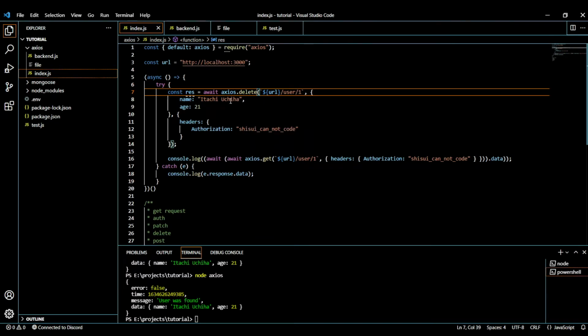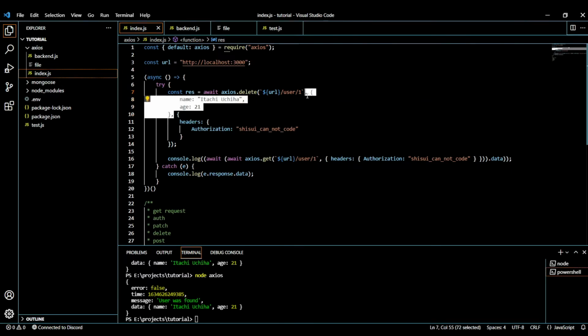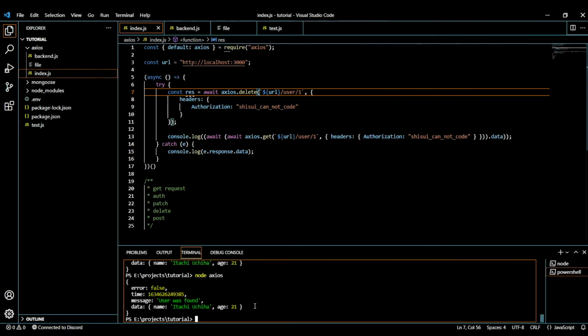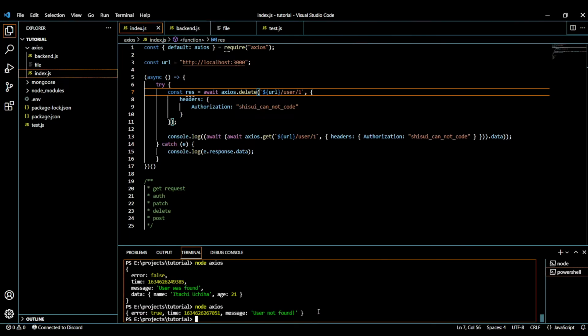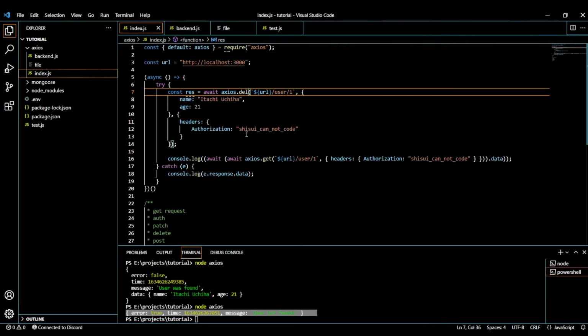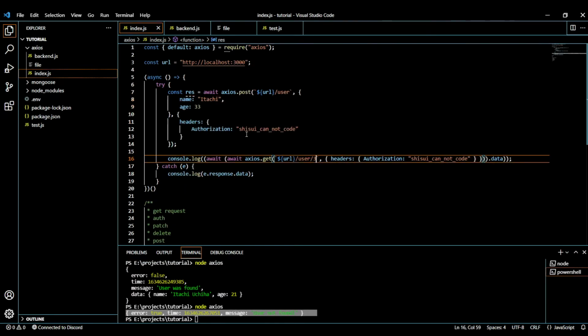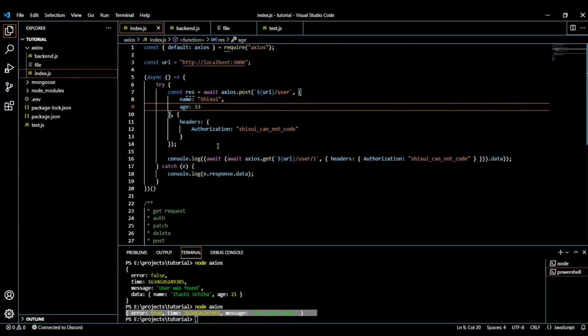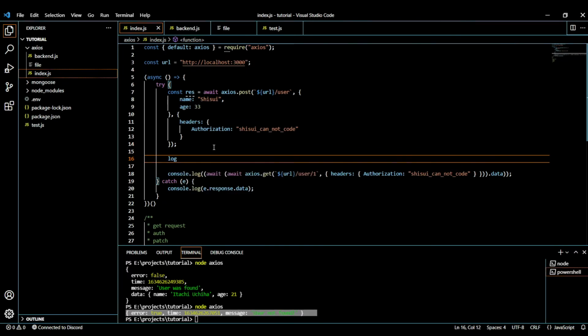Later on. But before, I will make this little delete request. Delete requests are of course to delete things, and you can do that by typing axios.delete, and of course they don't take a body. User not found. Okay, what do you mean by user not found? Well, that error was in the get request, not there. My bad. But first of all, let me just post data, and let me log it just for surety, so that you can see more.